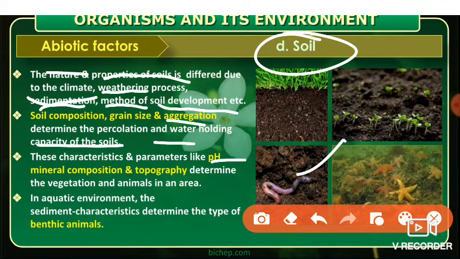parameters like pH, mineral composition, and topography determine vegetation and animals in an area. Okay, pH, mineral composition and topography. These play a very important role. Based on all these we can find the vegetation, and we can find the